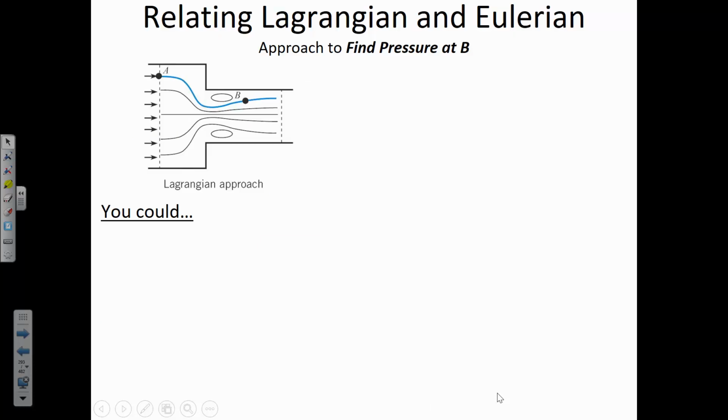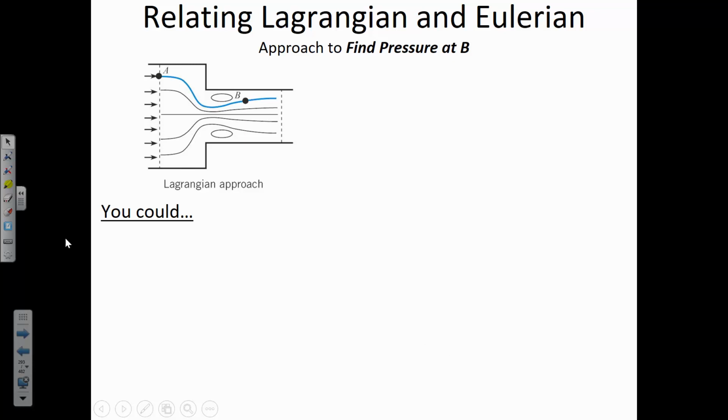Now, like I said before, Chapter 5 is a really simple idea, continuity, but we're going to be applying the principles of Chapter 5 to some of the concepts that we've had in other sections of the course so far. And you remember that when we were discussing flow visualization, we talked about the difference between the Lagrangian and the Eulerian approach to calculating